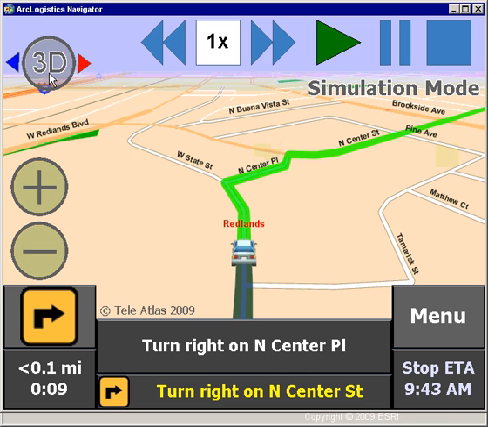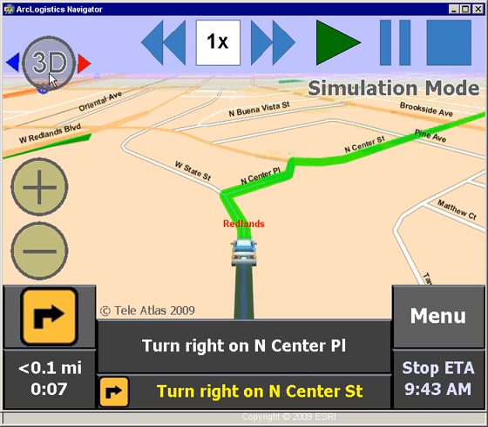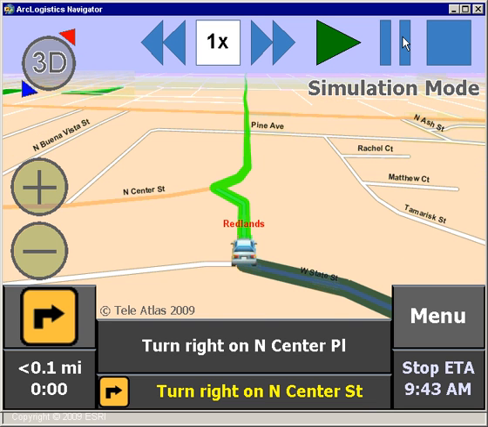We have a number of different views, and you'll note that as we go through this demonstration, you'll also hear some of the voice directions as well. Turn right. I'm going to pause our simulation just for a moment and show you some of the different views